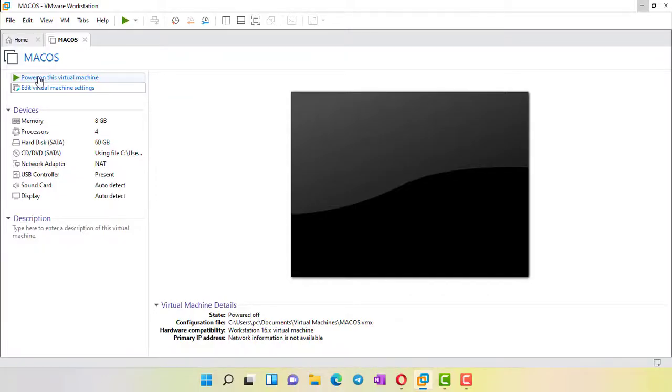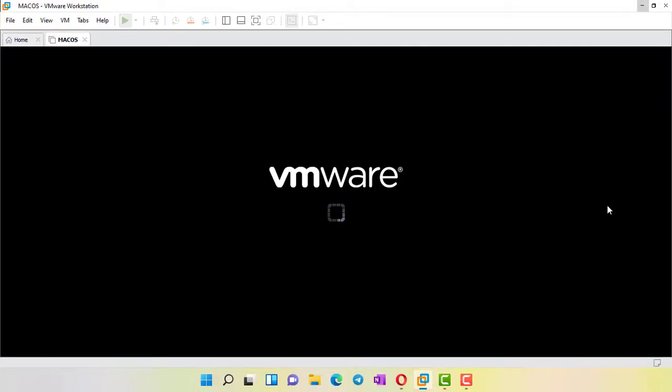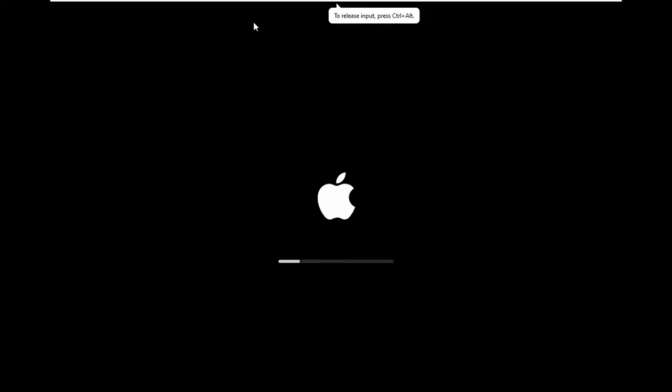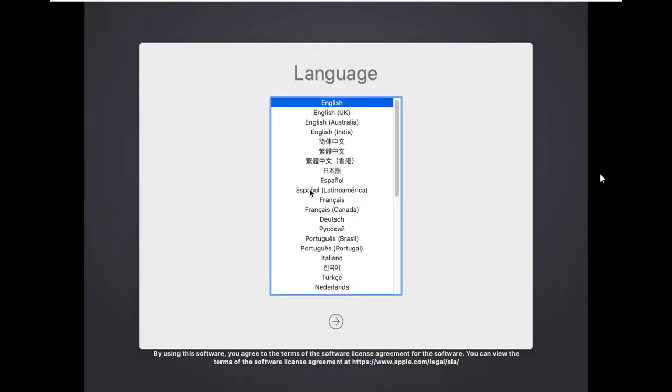I will click on power on the virtual machine. It will take around 20 minutes or half an hour to install. Here you can see the files are copying and loading. Now, after copying files, we can select the language here.